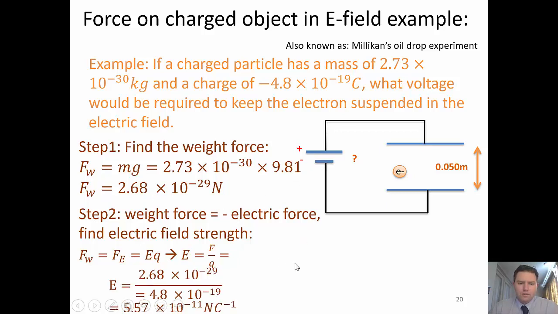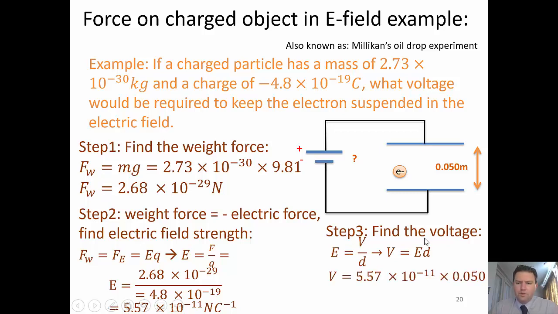Dividing those numbers, I get 5.57 times 10 to the minus 11. That's the electric field strength. I now need to use the first equation that I learnt, E equals V over D. I'm trying to find what the voltage is, so voltage equals electric field strength times distance. I now know what the E is, I know what the distance is, and so I can work out the answer. I need a 2.79 times 10 to the minus 12 volt voltage across here